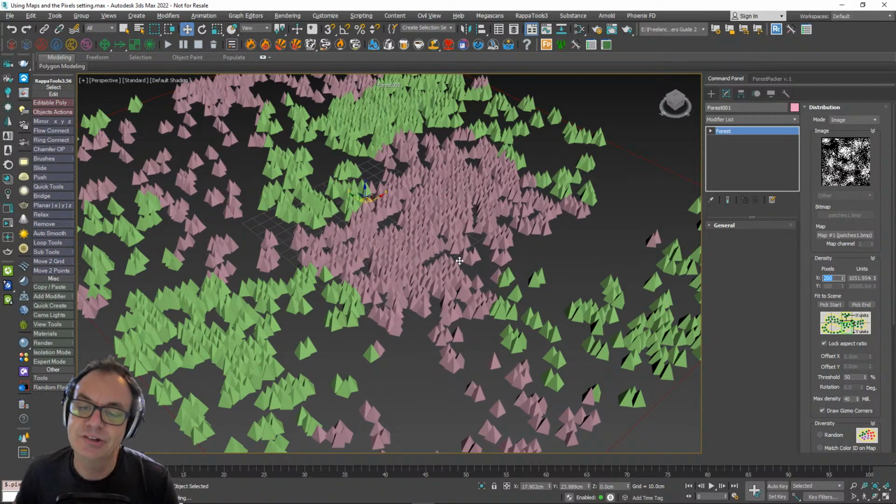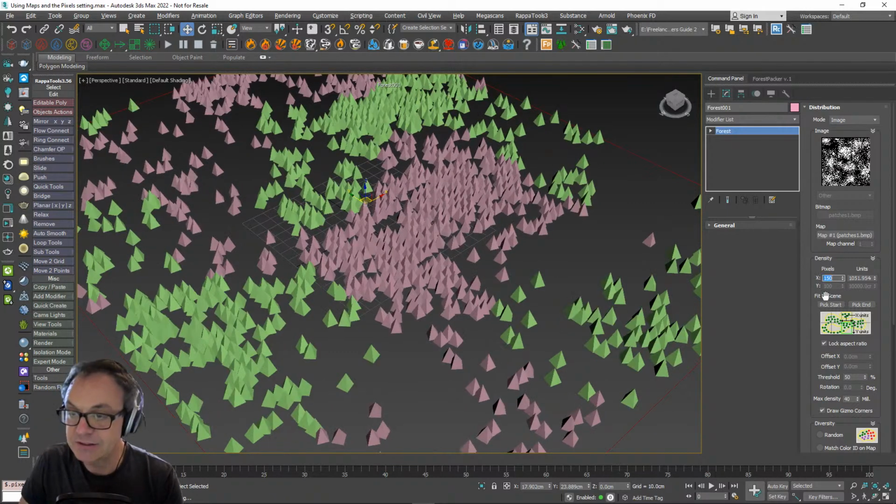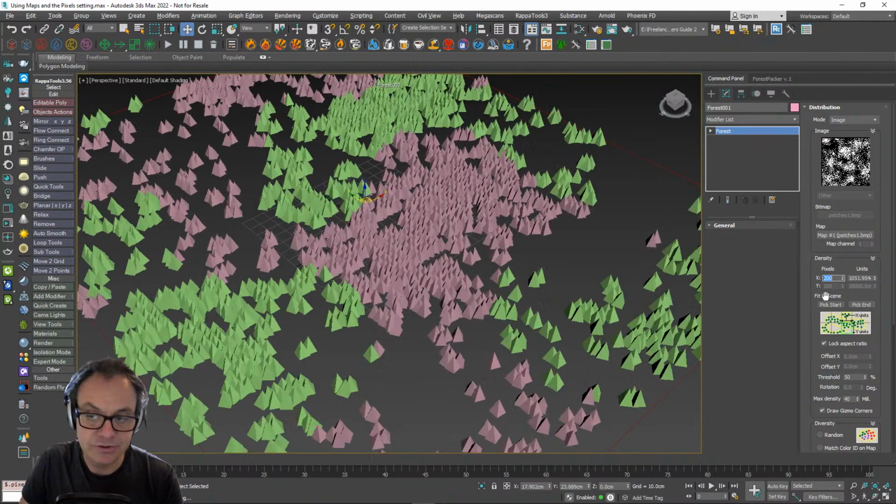And essentially what I'm doing is changing the resolution of the grid that's projected down on top of this map to see if there's a white or a black pixel underneath it. That's effectively what I'm doing there. And it's a nice way of being able to control the density without changing the pattern.